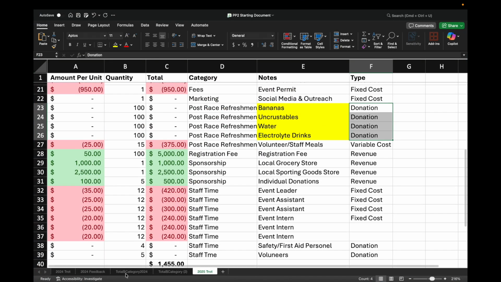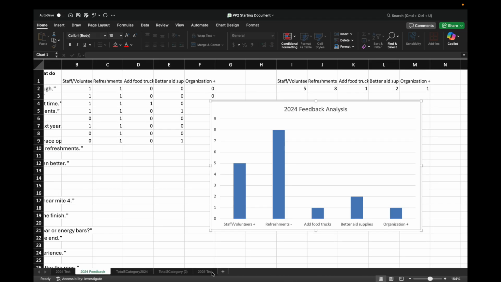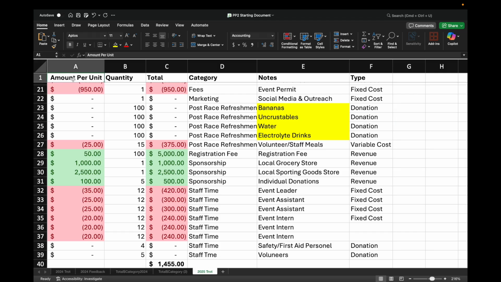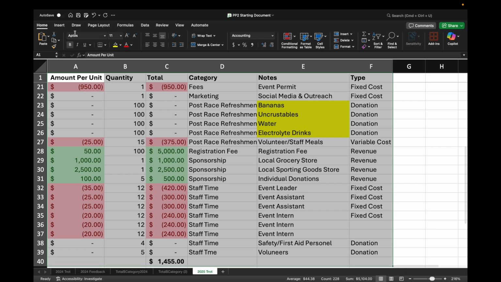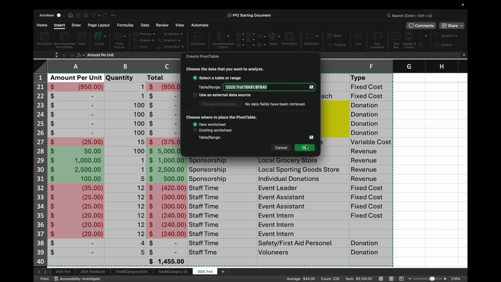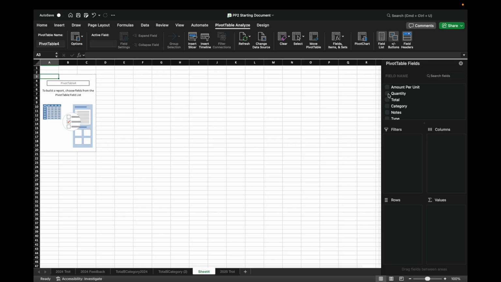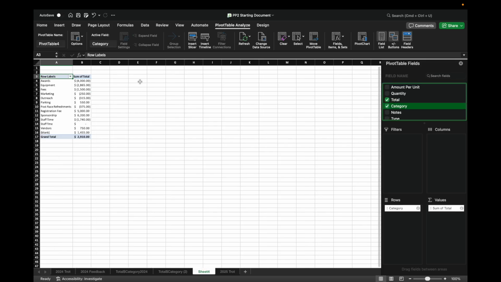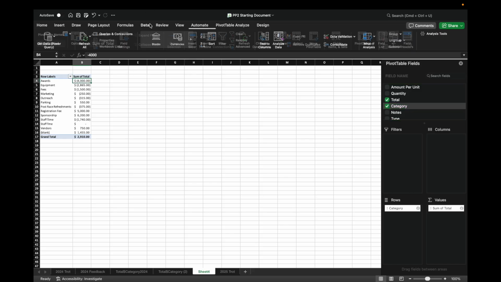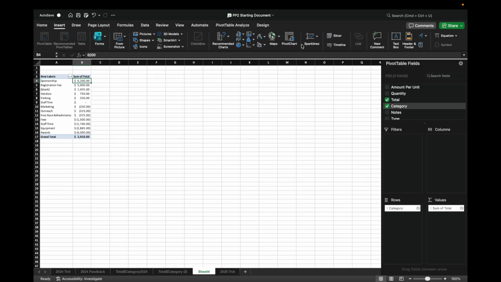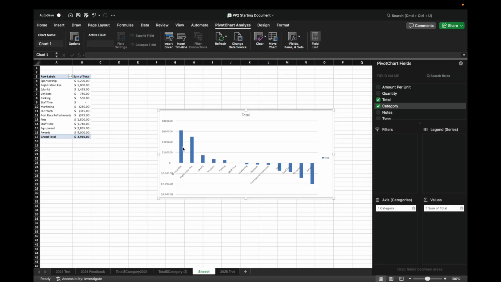But basically, the 3 pivot charts that you created for your 2024 budget, just repeat those with your 2025 budget. That way you can look at them next to each other and include both in your proposal. So again, that will look like selecting all your data, going to insert, pivot table, selecting your fields, making it look good, etc. This should all be very familiar. Insert a pivot chart.